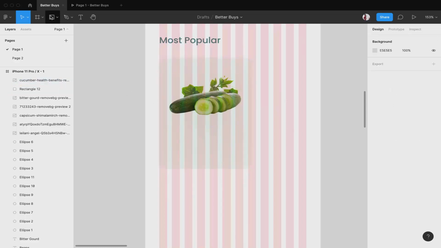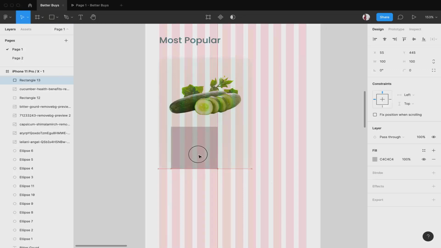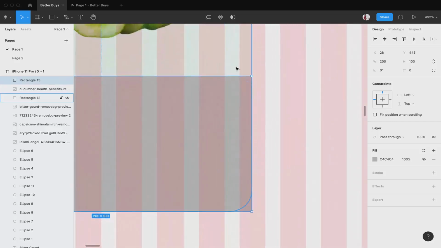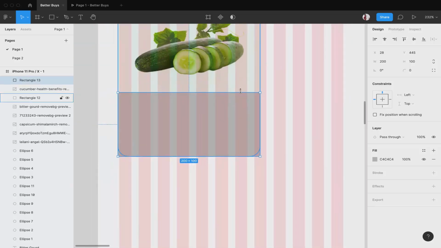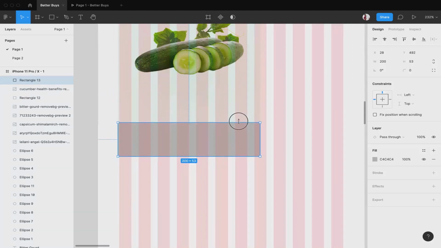Now let's add the name and price. So for that I'll create another box over here. This will be of the same size as the bigger box. Okay, now I'll make its height a little bit less, somewhere around, let's say, okay, so this seems fine.